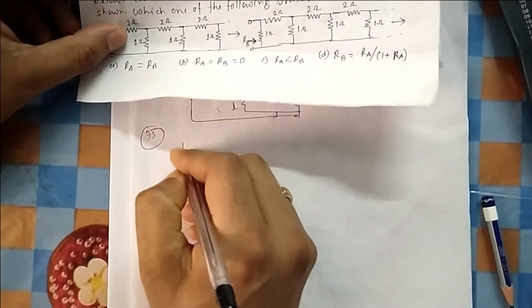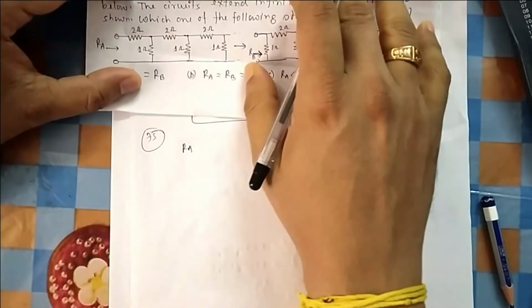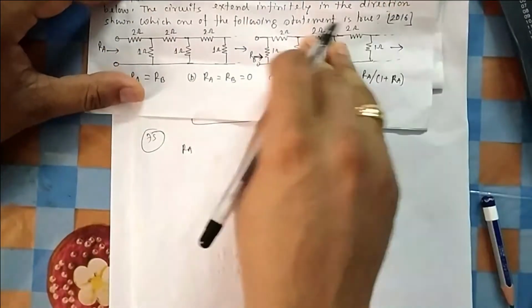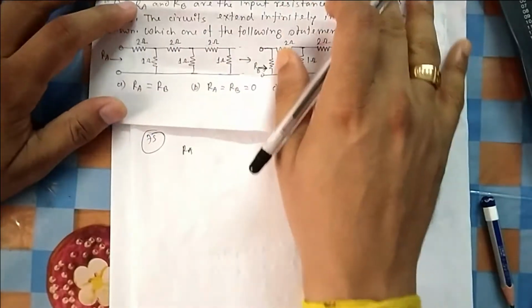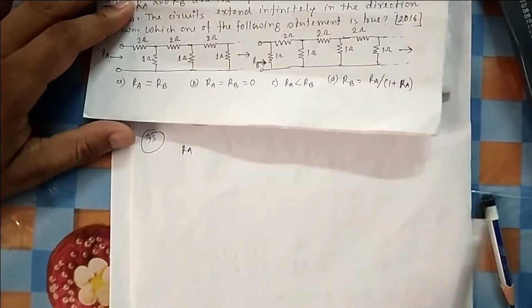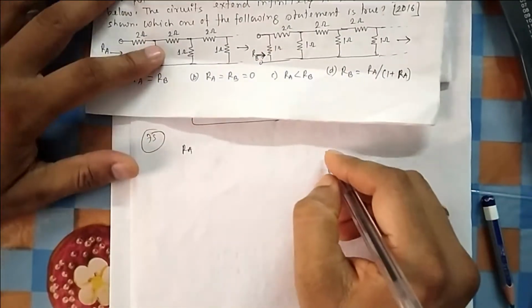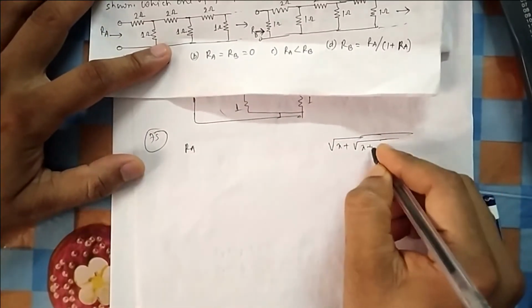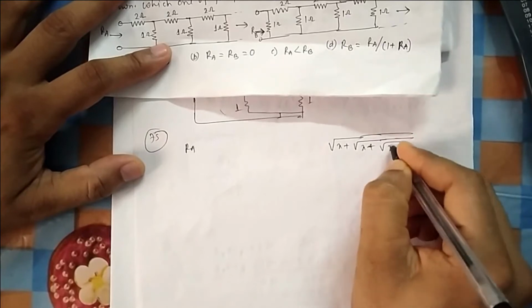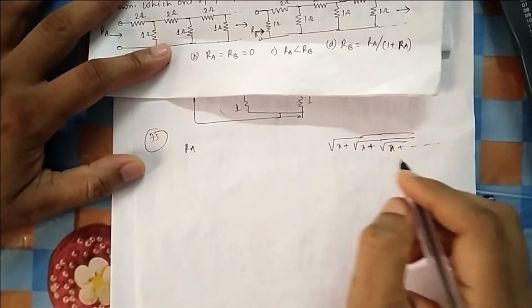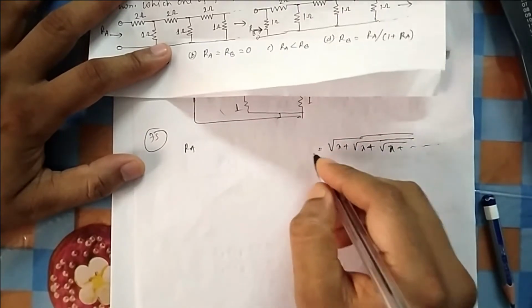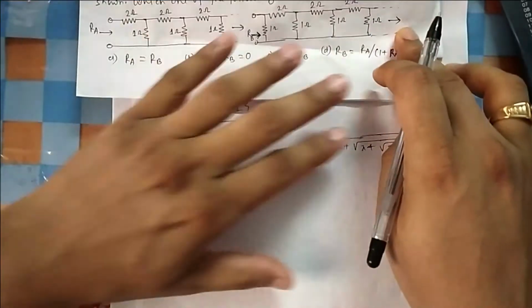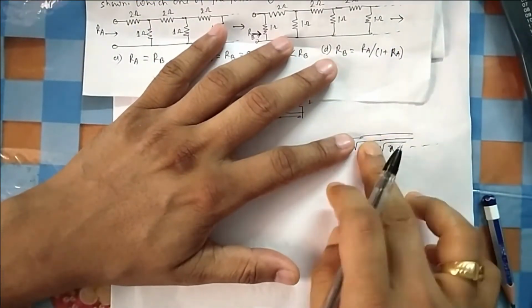So in RA, if you see this circuit here, it is an infinite series type, like what you have done in geometric series in class 10 or 12. Suppose this type of expression you might have seen, I am writing this type of expression, plus dot dot dot. What is the simplified version? So how do you solve it? You consider this as y, and if you neglect 1, then it again remains y, because it is infinite.